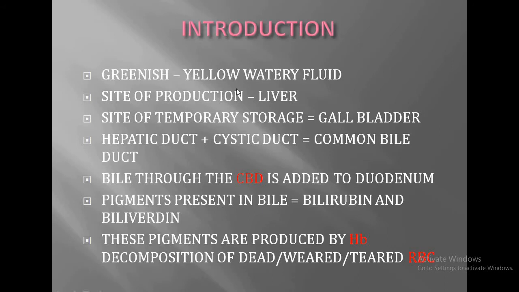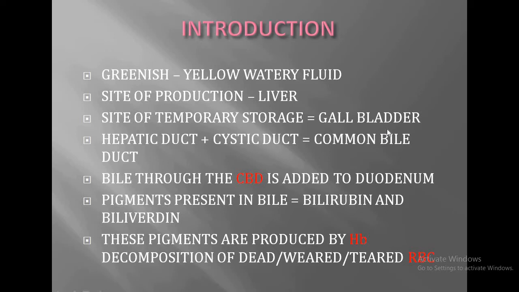So first of all we have to see about bile. Bile is a greenish yellow watery fluid. What is the site of production for bile? That is the liver. Then what is the site of temporary storage of bile? That is the gallbladder. It means the bile is synthesized and secreted by the liver, but for temporary storage it is